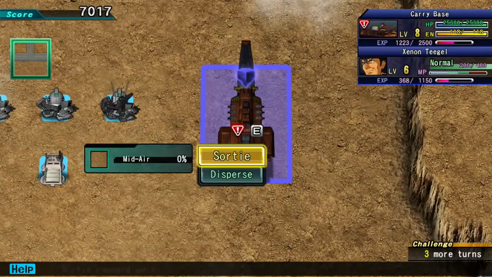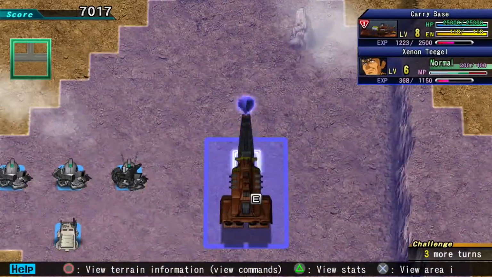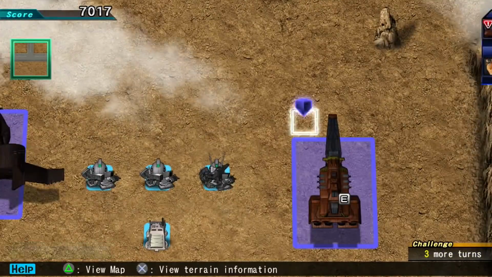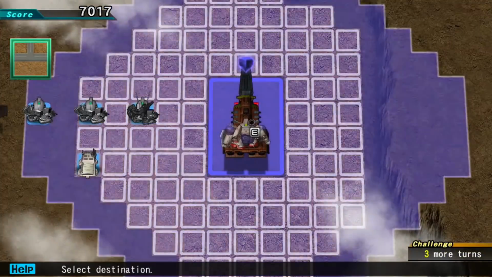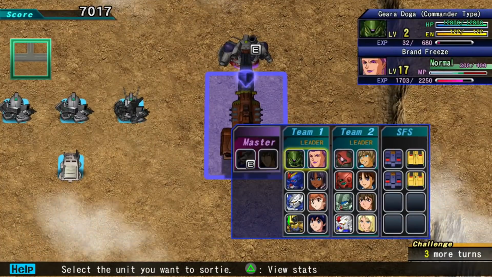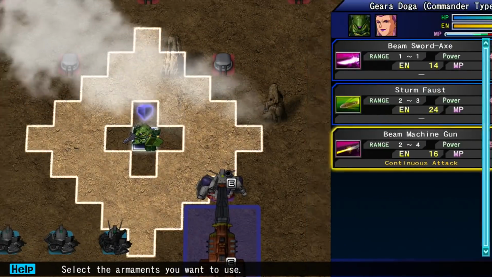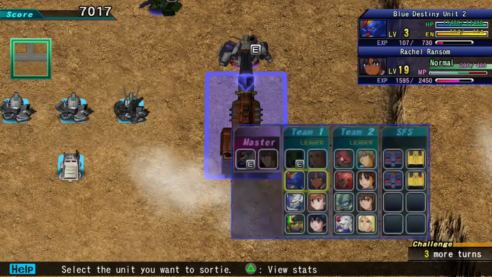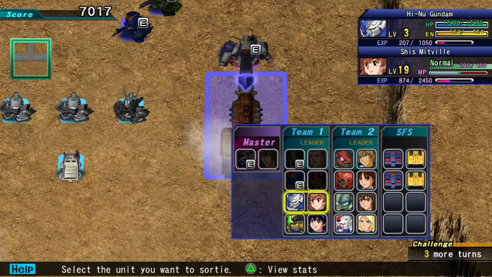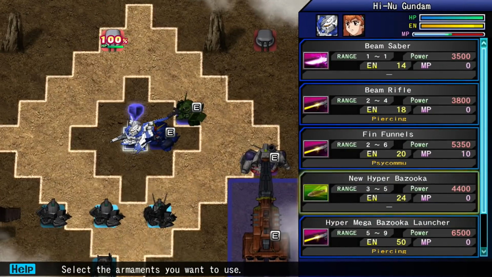I could bring out the GPO2, and I could probably get at least 4 of them by planting it right there, I think. I think I'll leave those 4 alone, and I will plant the GPO2 right here, and wait. Meanwhile, I'll send my people after the ones over here. Gyaradoga does not have the range, so I'll just send it out in that direction. BD2, no range. Hainu Gundam has range. It's got nothing but range, so...